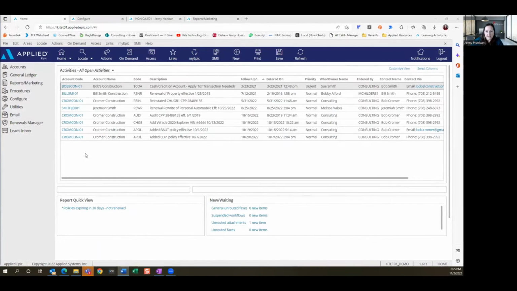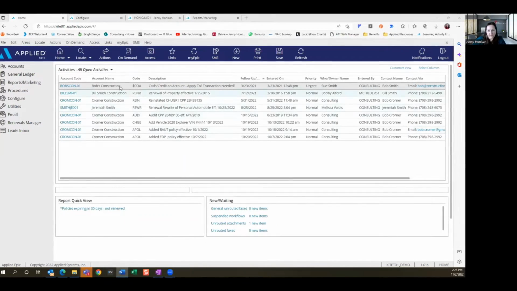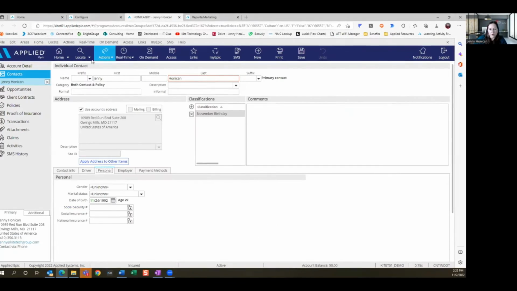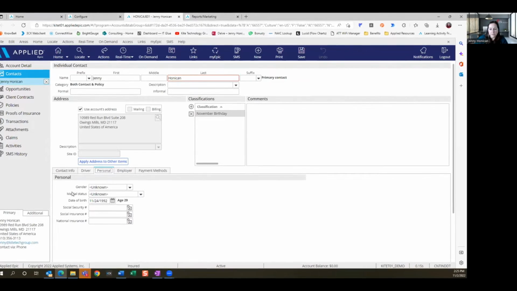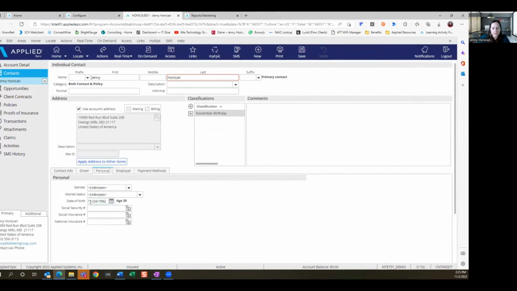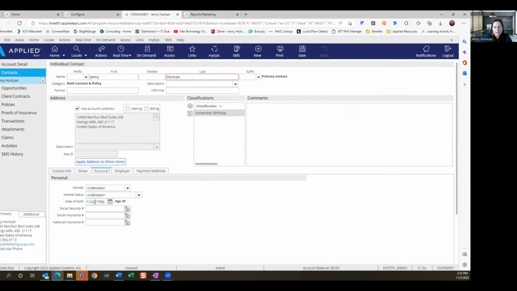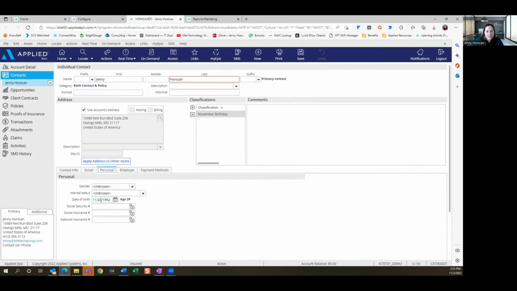For our first task, we're going to set up a birthday email. The first thing that we have to do is when you go over to your contact, you will notice that Epic only stores the date of birth. It stores the year, the month, and the day all together as one data field, and there's no good way to separate. So the workaround that we're going to use is we're going to set up a contact classification,